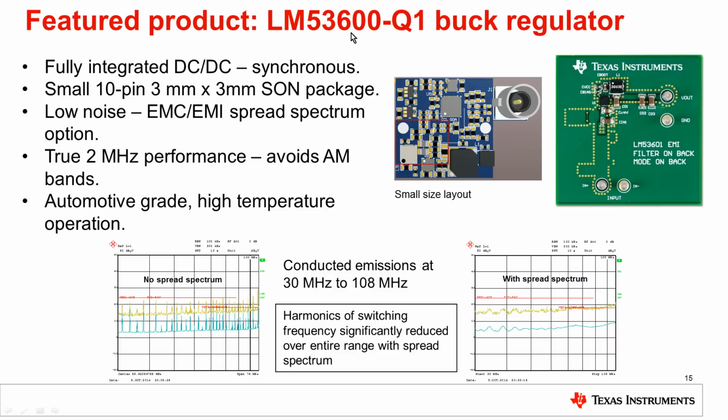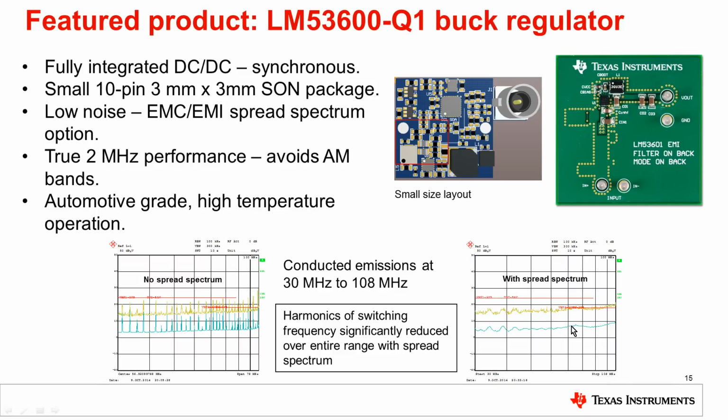So this particular solution of course has a 2 megahertz performance, it's very small in size, but we have included SPET spectrum option here. So what is a SPET spectrum option? In most systems containing these switches, low frequency conducted emission from the first few harmonics of a switching frequency can easily be filtered. Our most difficult criteria is the reduction of the higher harmonics which fall into the FM band.